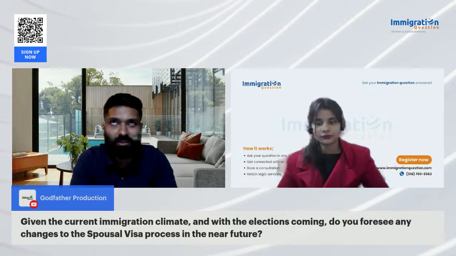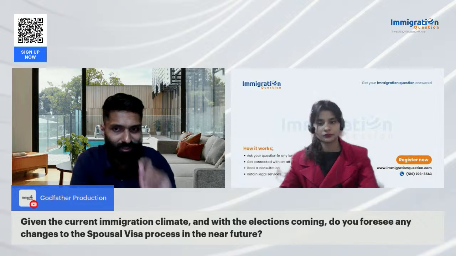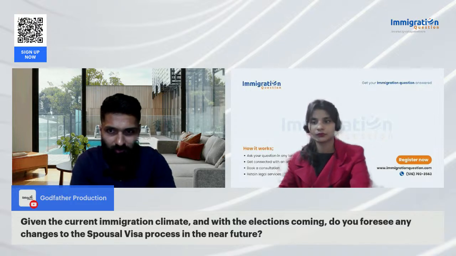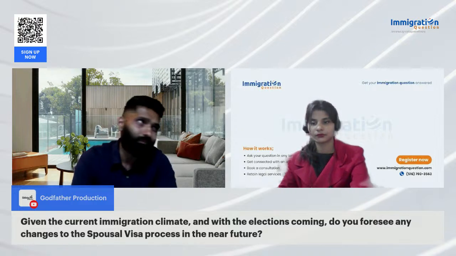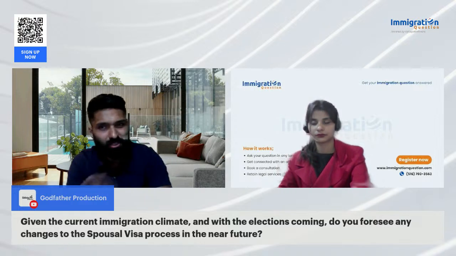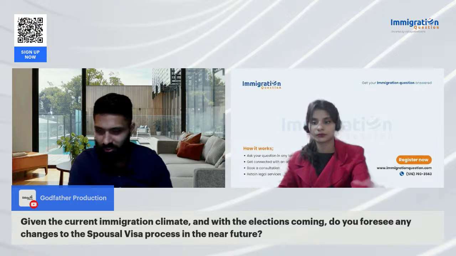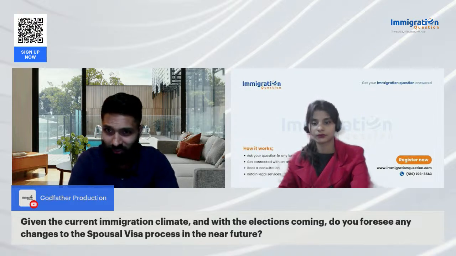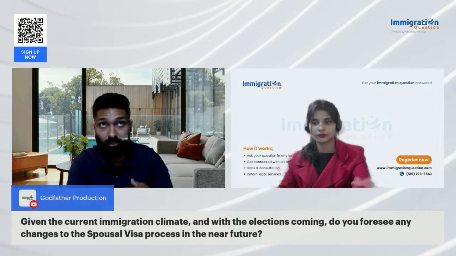What I'll say is they generally don't change the requirements beyond the public charge stuff. So whether your spouse has debt, elections generally speed up the naturalization process, but they don't, in my experience, affect the spousal process. I got my green card under Trump,